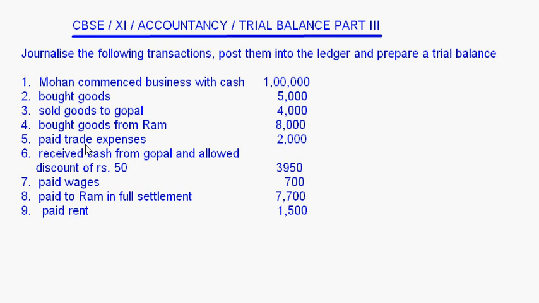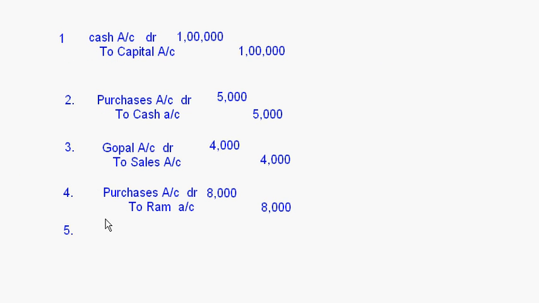Then the next one, paid trade expenses 2,000 rupees. So that is trade expenses account debit to cash account. This amount is 2,000 and 2,000 here, right? Now after this,